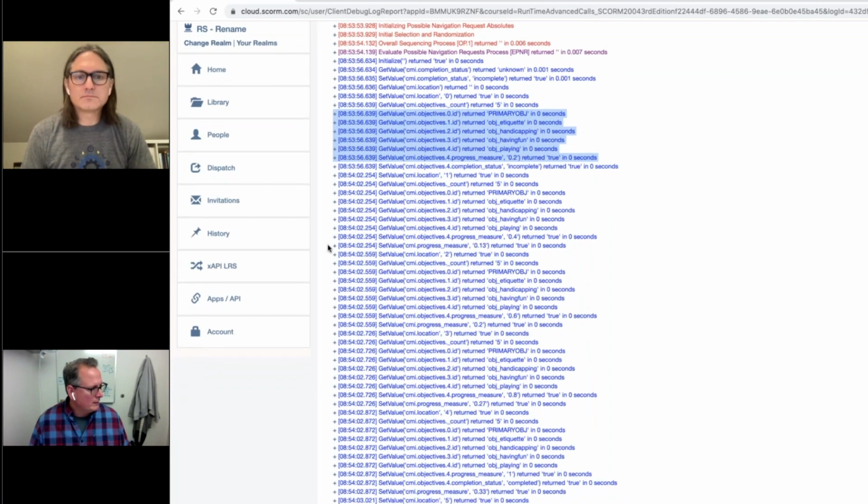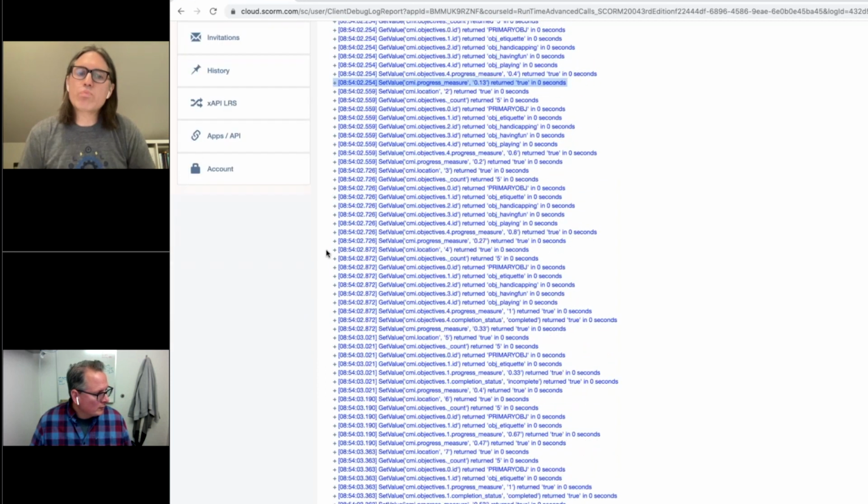Going a little bit further down, I see a progress measure. Progress measure is something that has been pretty popular lately. Lots of folks ask about it. What this means is it is the percentage of completion towards a content object. It is only available really in a reportable form in SCORM 2004 4th edition and CMI 5, but it's a neat piece of information to report on, not only for you, but also for your learners.